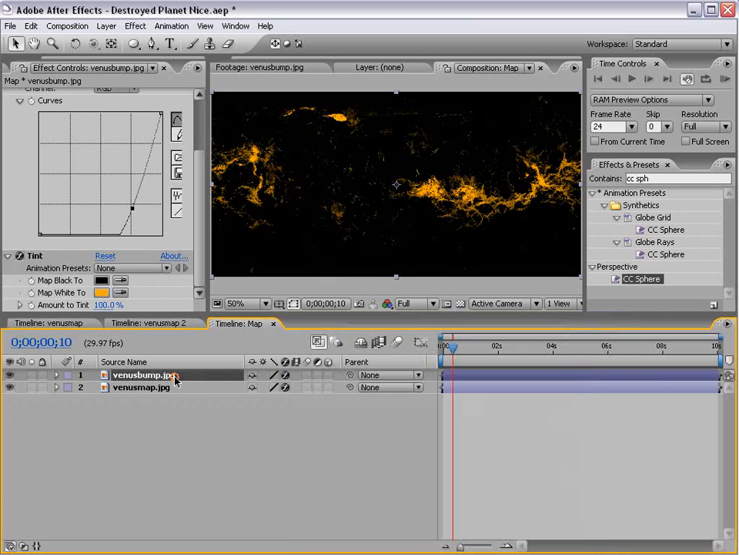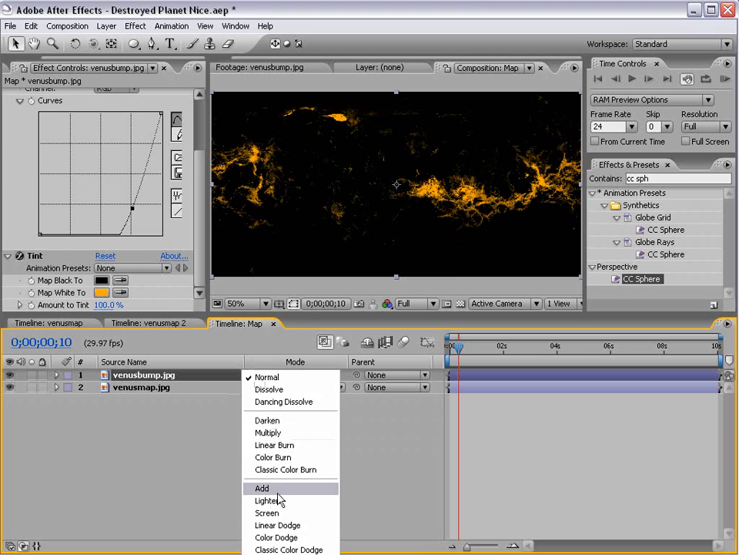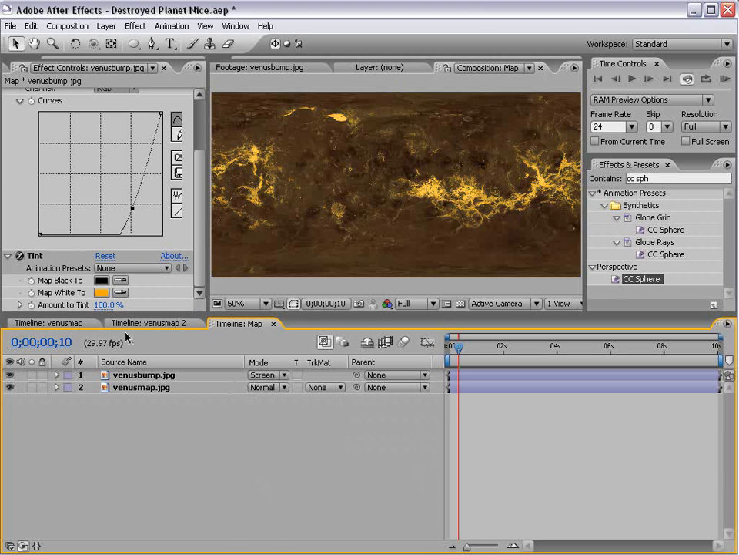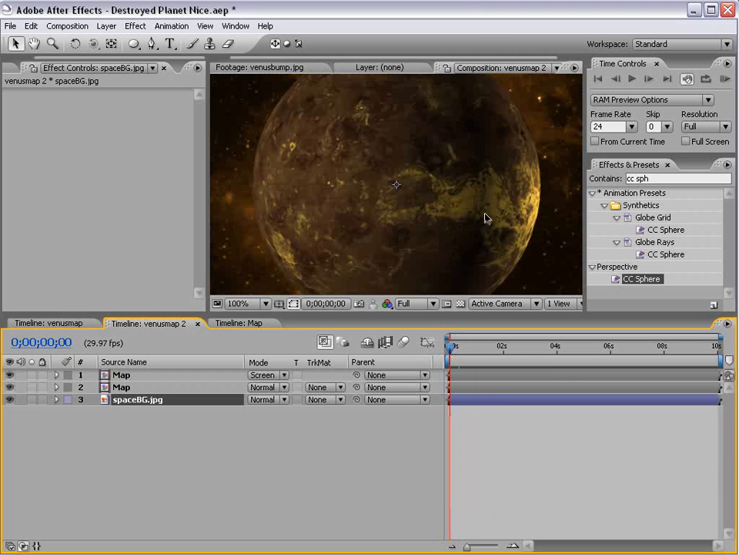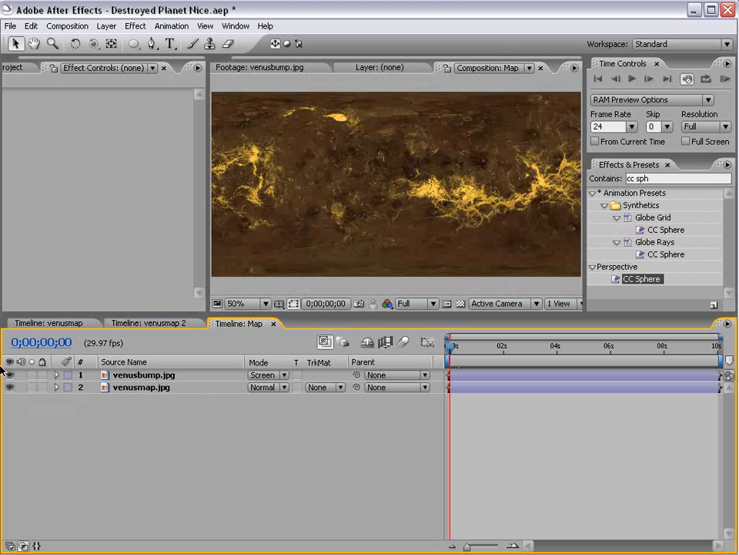And now if we change the transfer mode here to screen and go back to our comp, you can see we're sort of getting what we want. The only problem is the lava doesn't pop, it doesn't stand out, and because lava is hot, it actually self-illuminates. So we wouldn't see the shadow, we'd actually see just bright lava. So what we're going to do is we're going to shut this off, and instead we're going to go into